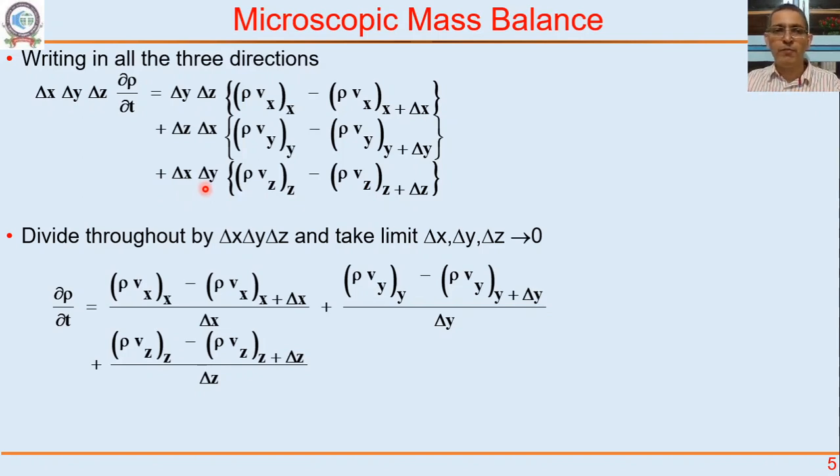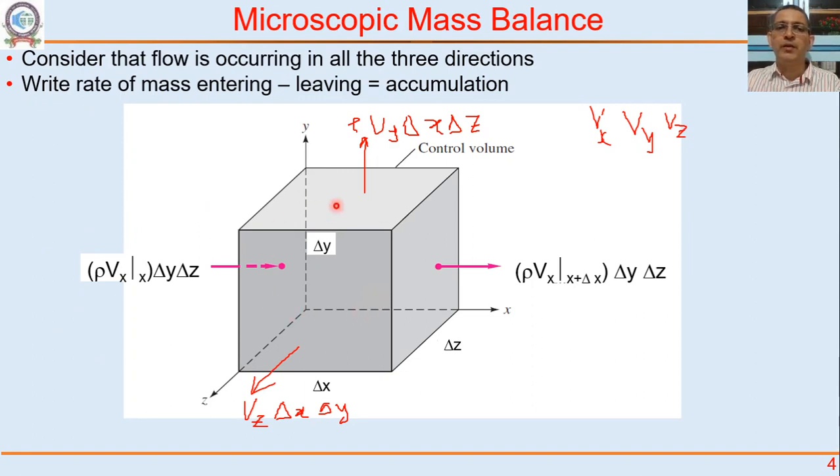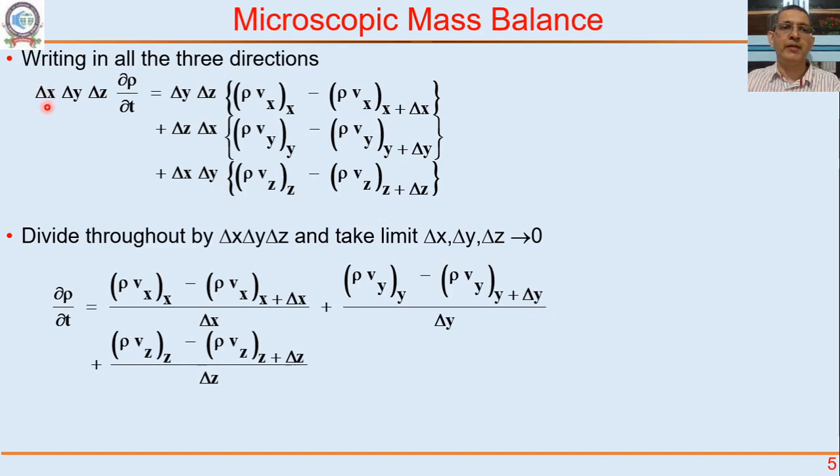Accumulation of mass in this control volume is nothing but volume multiplied by density. Delta x delta y delta z is the volume, multiplied by density, and then the time derivative of that. We've seen that in unsteady state balances. That's why we did unsteady state balances, because we have to do this now. Now I can divide throughout by delta x delta y delta z, take the limit as delta x, delta y, delta z all tend to 0, and convert these differences into a differential. So delta rho by delta t, differential,